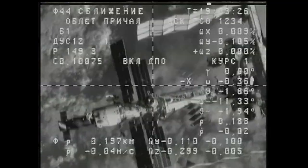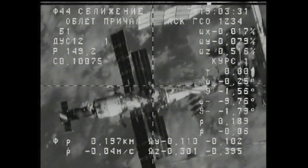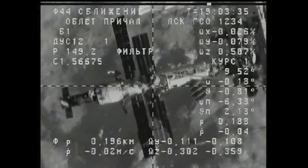Station Moscow on Space to Ground 1. Standing by, range is about 170. We see the roll maneuver has initiated. We are approaching the axis for the docking port. And our settings